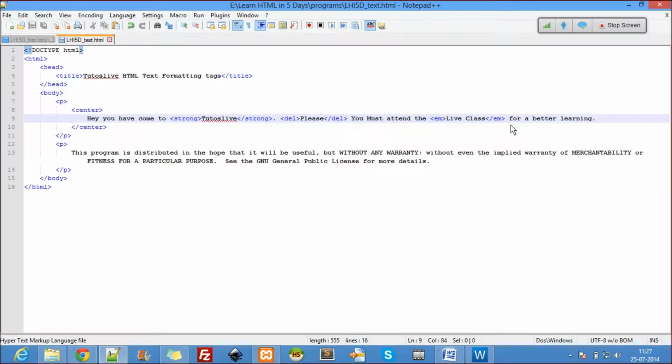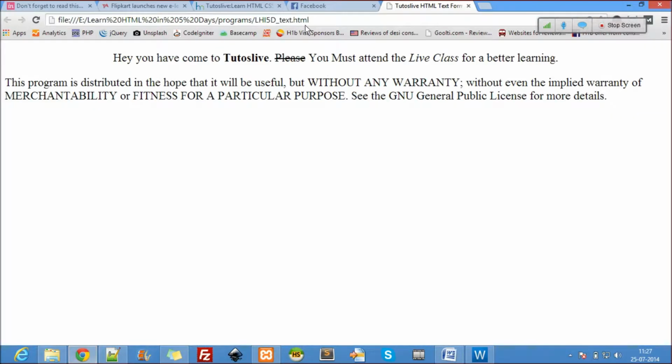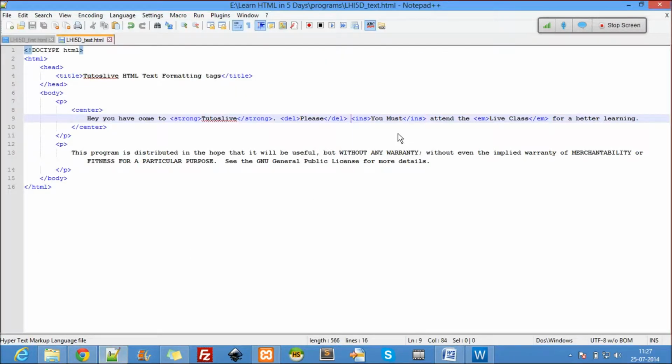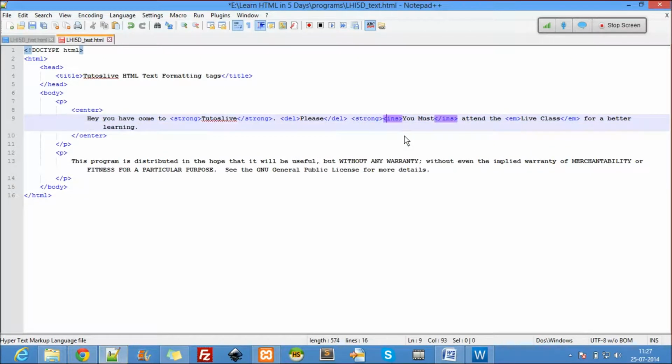So what I really wanted here is that I would like to underline this you. Underline, bold, italicized, everything. Let's see. So underline is ins. So let's first check that. ins. So see that here, ins stands for underline. That's the semantic meaning of underline. That's about it. So I can even make that bold by using strong. So what I do here is strong.